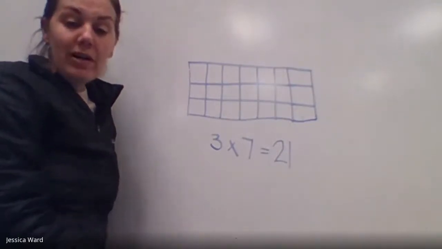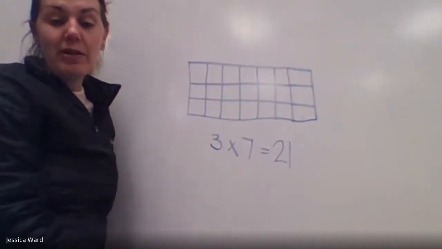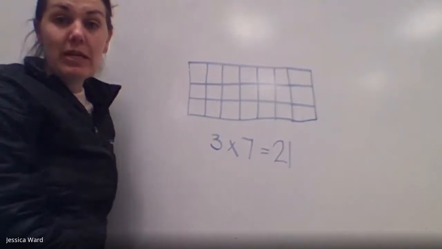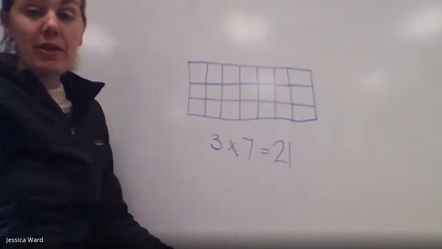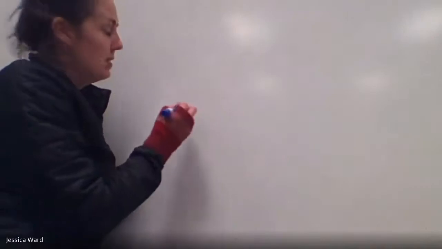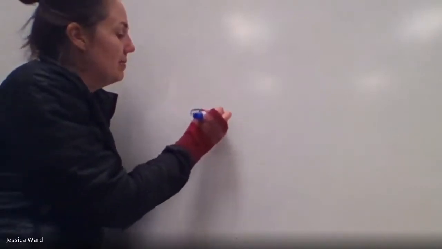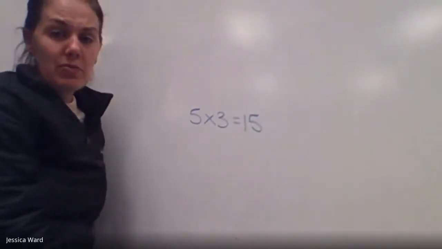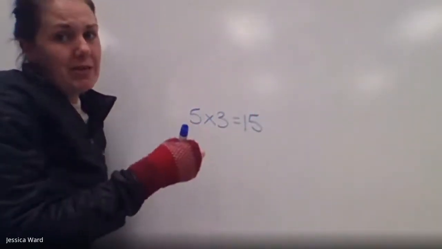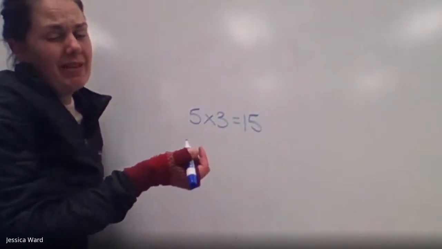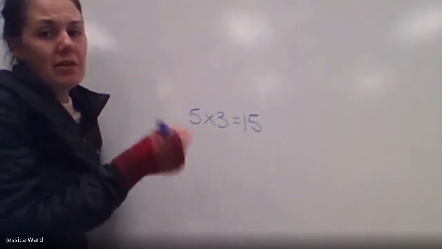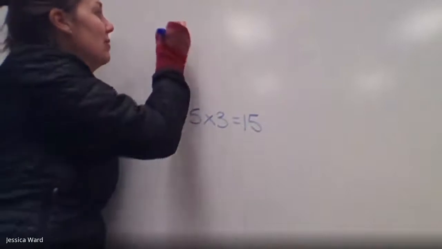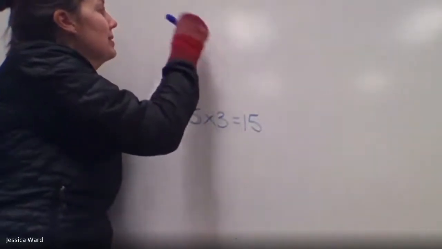Now for 4, it says draw a rectangle made up of square tiles that shows 5 times 3 equals 15. So now they've given you the multiplication sentence, and you're going to draw the rectangle. So they have 5 times 3 equals 15. So what we're going to do is we're going to take that 5, and even though the first time I did it as starting off my columns, I think that's kind of easier, but we're going to start off with our rows of 5. So first I'm going to draw my rectangle,